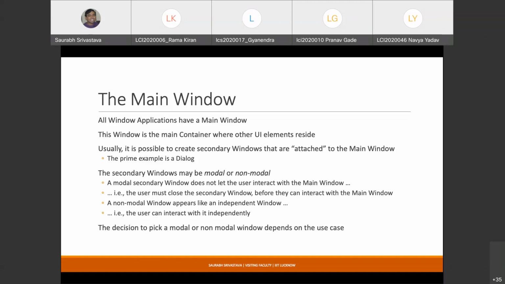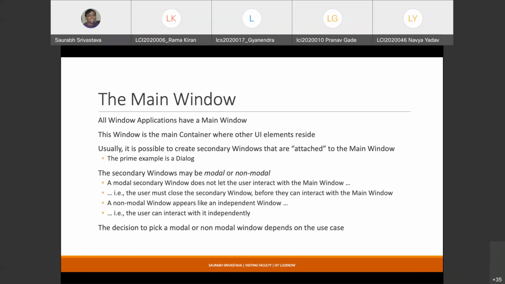These secondary windows could either be modal or non-modal in behavior. These are two terms that you will often encounter when you are building UI. Modal windows are basically the windows which block the access to the main window. As long as this modal window is there, you will not be able to interact with the main window.